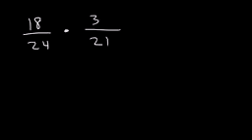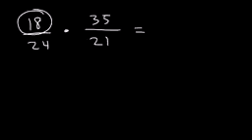Now let's say we're dealing with larger numbers. Let's say we have 18 over 24 times, let's say, 21 over 35, with the 35 on the bottom. Now you can do the same thing. You can multiply across, but 18 times 35 is a big number. So when dealing with larger numbers, it's best to break down the large numbers into small numbers and then simplify